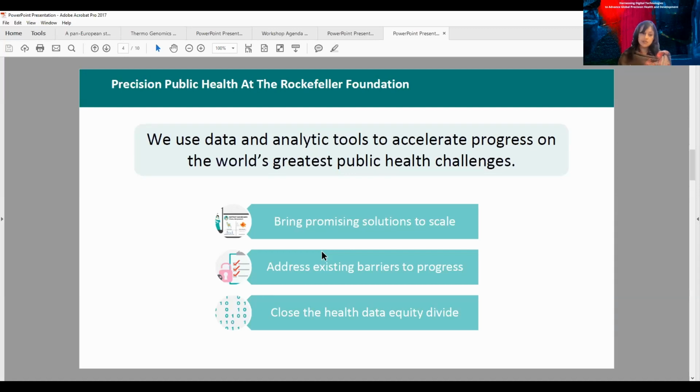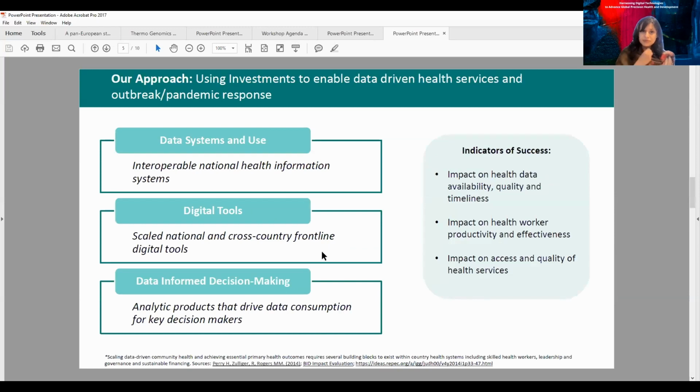So again, the tools and technologies are important, but the purpose and the outcomes that we want to drive is paramount, especially when we at the foundation set out to develop this strategy. So what was our approach? There were three areas that we wanted to focus on. Again, we were looking at how does one ensure availability, timeliness, granularity of data, driving equity and accuracy across the board. And three critical components came to the fore for us to invest and lean into, both from a scale as well as an innovation standpoint.